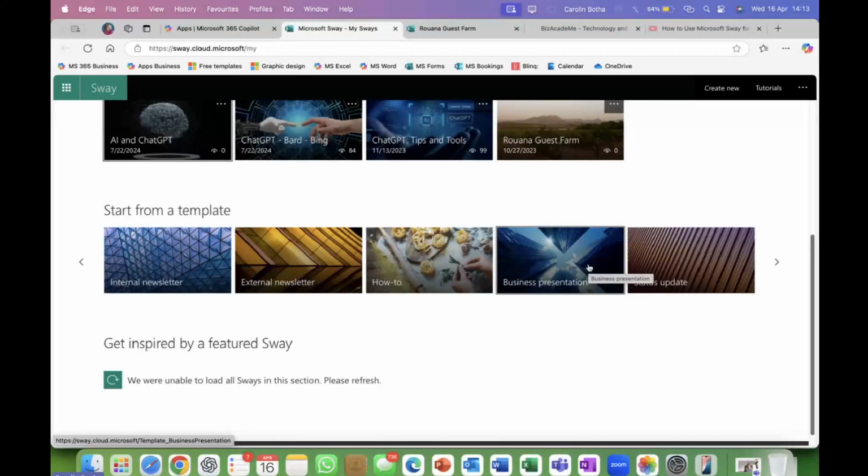Right. Then there's also a business presentation, which I think everybody needs, and especially the newsletter. So there's a difference when you send a newsletter internally for all your colleagues and when you send a newsletter to your clients. I don't know exactly what the difference is.